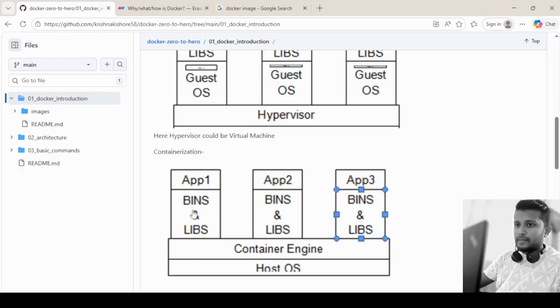In each container, we are installing only the binaries and the libraries required for this application to run. So the concept of containerization becomes very simple and easy to maintain. These containers are very lightweight in nature, easy to run, and easy to set up as well. So this is what containerization is.